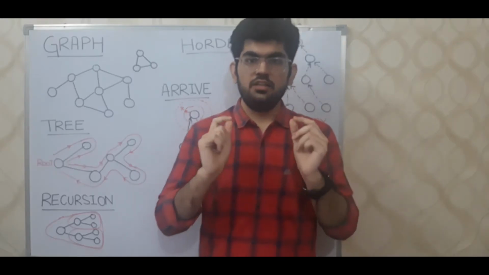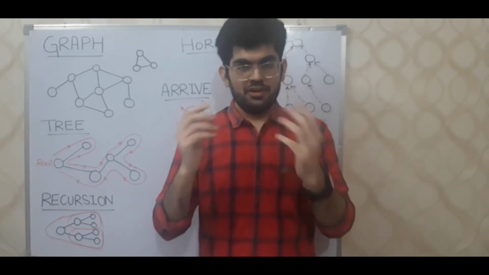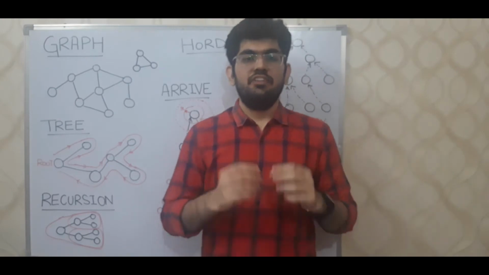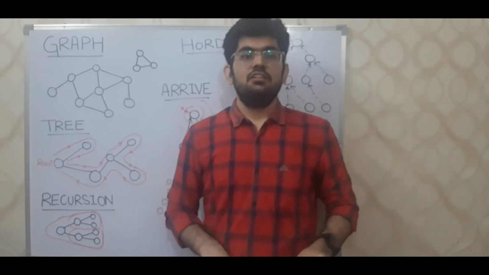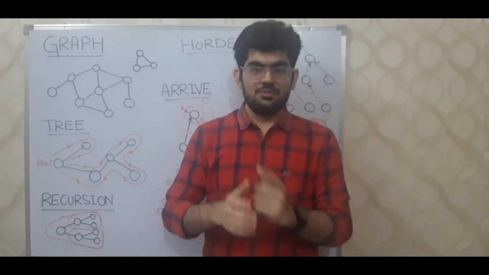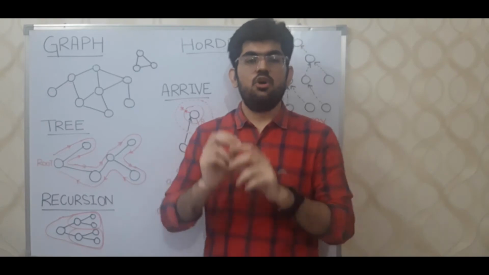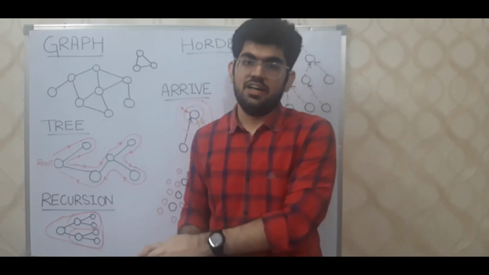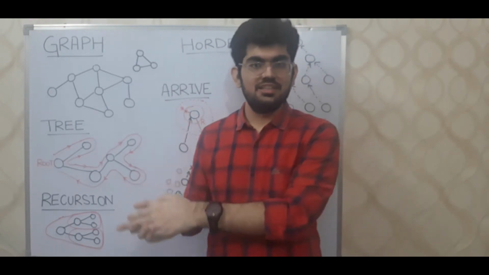If we want to calculate 5 factorial, we calculate 5 times the factorial of 4. The factorial of 4 is calculated by 4 times the factorial of 3. Factorial of 3 is calculated by 3 times the factorial of 2. Factorial of 2 is calculated by 2 times the factorial of 1. Now in recursion we also implement what is called a base case. For this problem the base case is factorial of 1. We already know that the factorial of 1 is equal to 1, so we return the output.